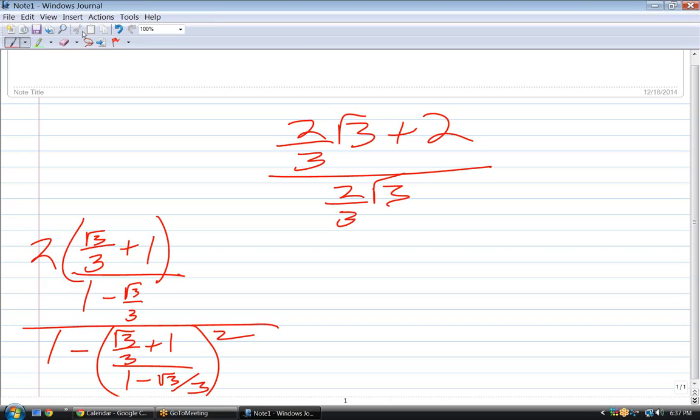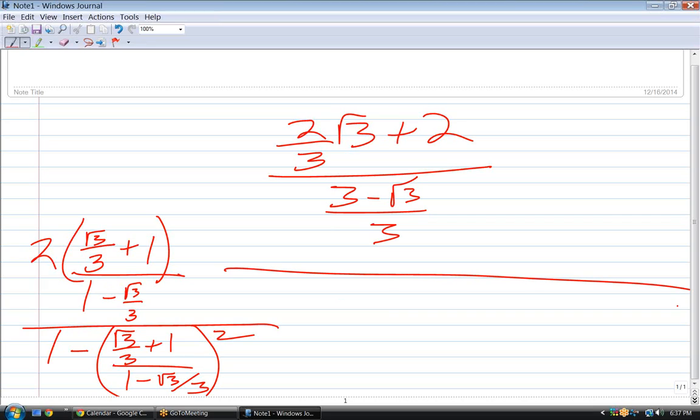Oh, what am I doing? Excuse me. Hold on. It's 3 minus root 3 over 3. So far, so good. In fact, let's extend this line here and call that a 6, because now I have the same denominator, 3, in both top and bottom. In fact, I could cross those 3's out. But before we do that,